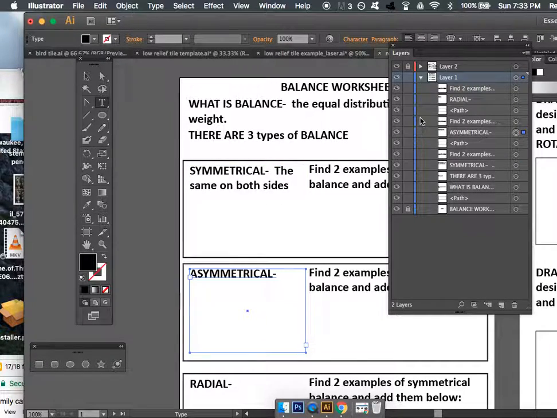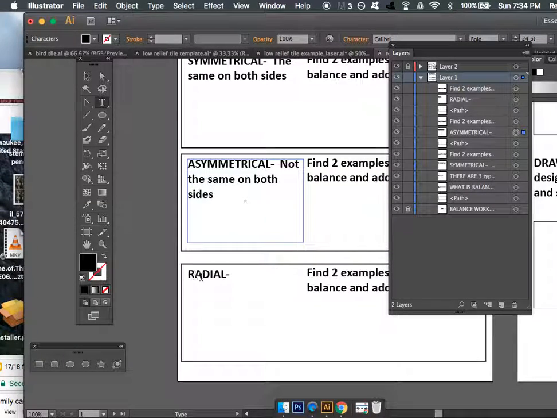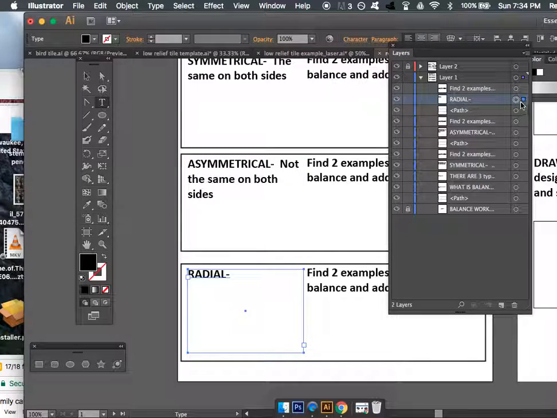So if I click on this right there, activate that, got my text tool. Excellent. Going to click over here. So it's the opposite. In other words, it's not the same on both sides. And radial symmetry is basically where the symmetry kind of emanates from the center. I'm just going to say that for now. So I'll click on that circle right there, and I'll say